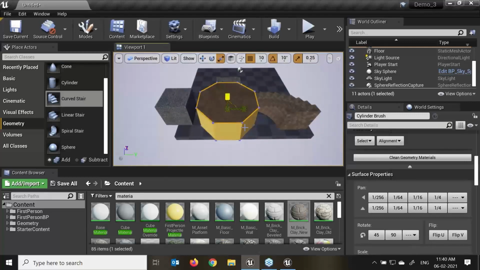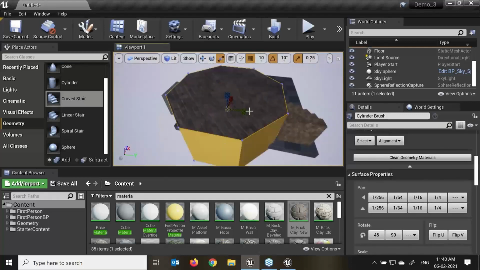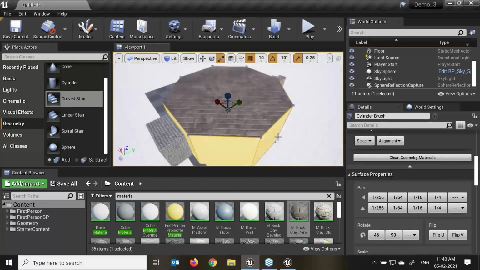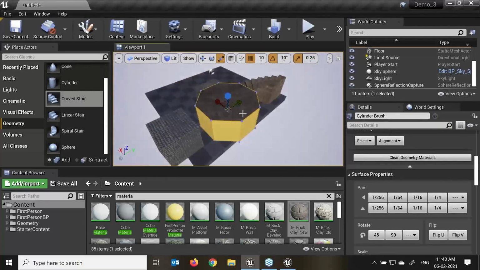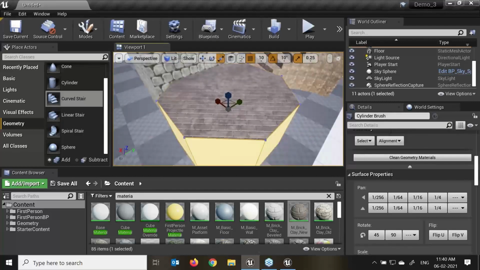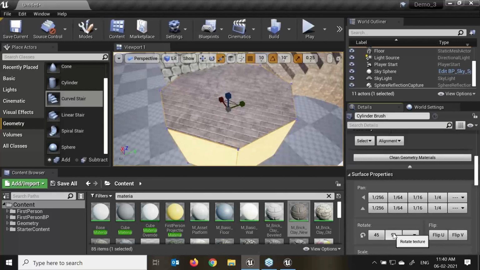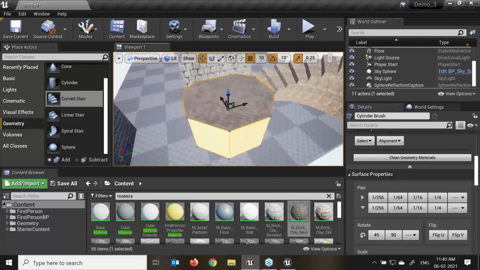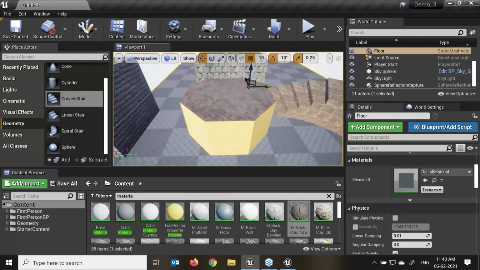Now if I scale this to my object, you will see it is already calculating the same way. If I scale it a little bit down, here you can see my tiling remains the same. If you want to rotate 90 degrees, flip U, flip V. Select this, flip U, flip V. I can do that as well. So this is the power of the BSP or the geometry, the brush editors.